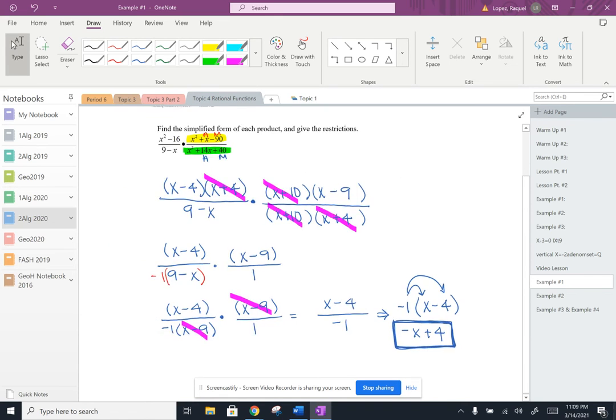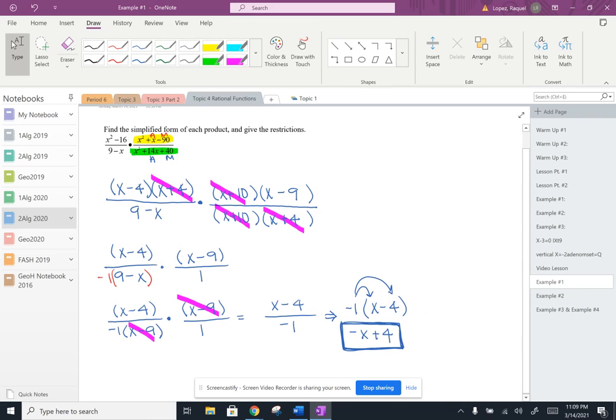Okay, the next thing we need to do is find the restrictions. Remember, we have to list out the restrictions, which are the numbers that would make this denominator be 0. So for example,